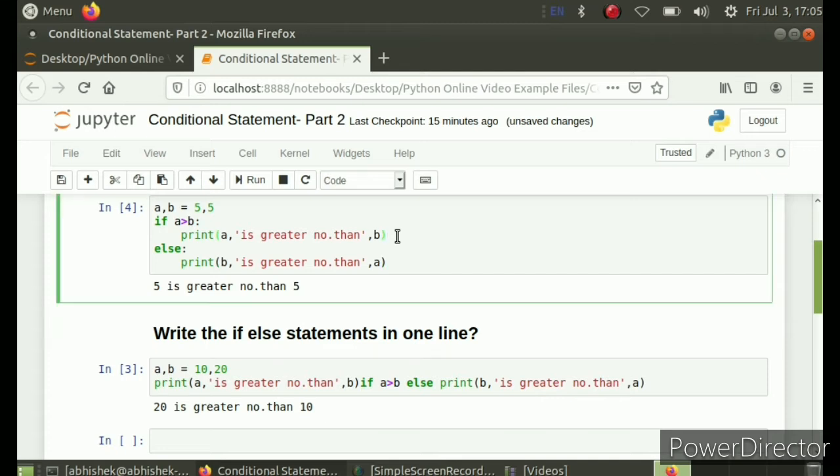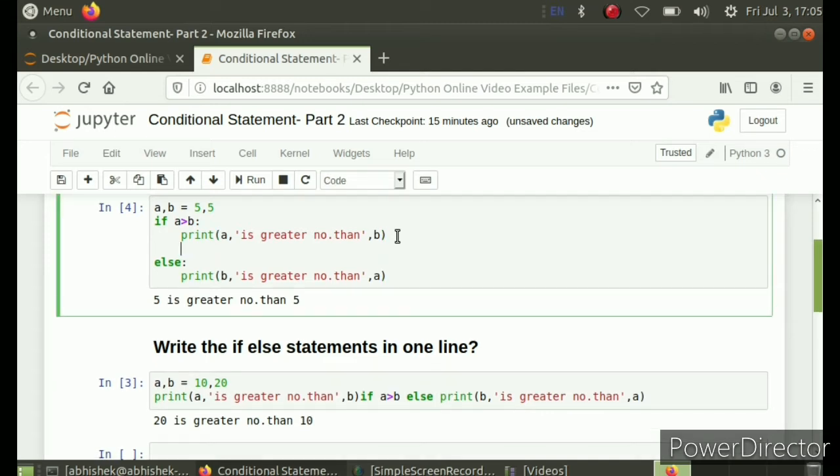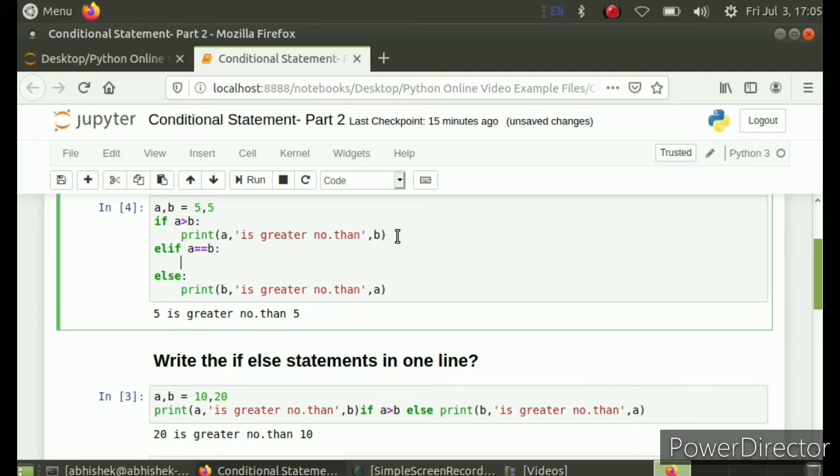It means that there should be something else within this code, and here comes the role of the else if condition, and we write this using elif. So now I am writing elif a is equal to b, and print, let me write the message, a is equal to b, comma b.